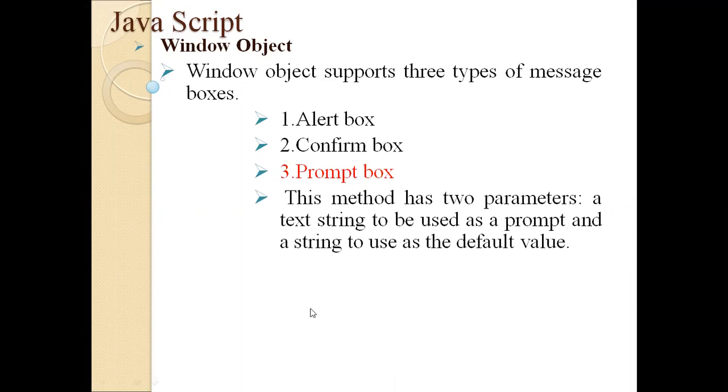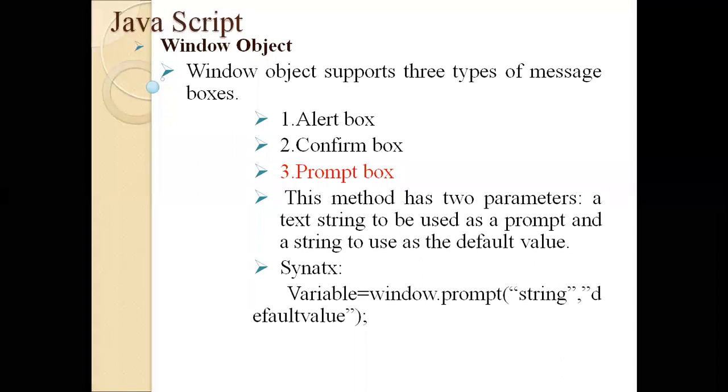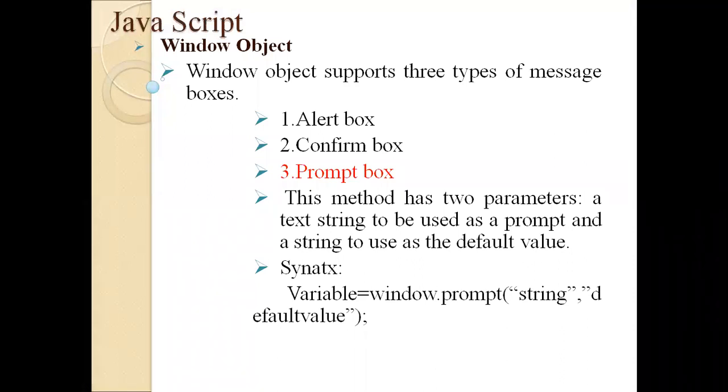This prompt box is mainly used to take some inputs into the web page. The prompt box has a text displayed on the prompt, a text field which will take input values, and an OK button and a Cancel button. If we click on the OK button, the value inserted in the text field will be returned to the web page, and if you press the Cancel button, no value will be returned to the web page. This is what we discussed in the previous session.